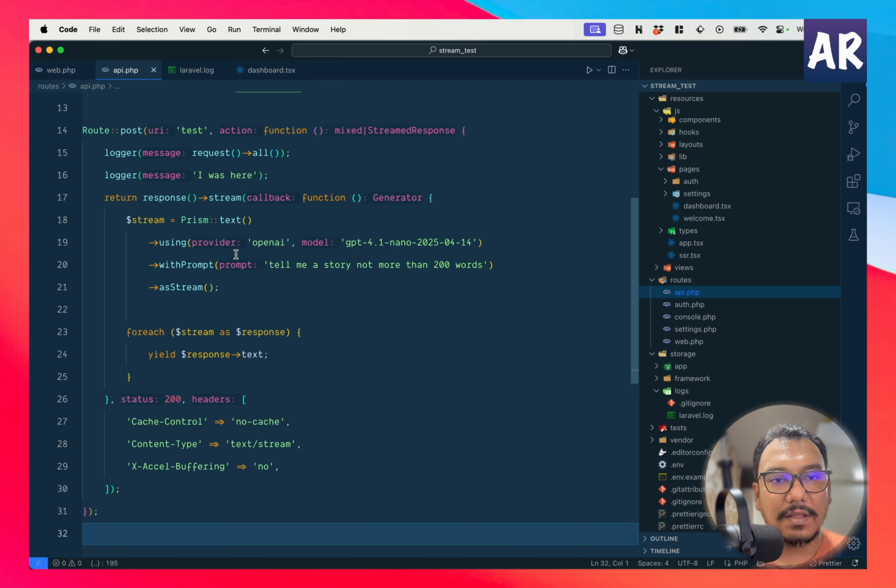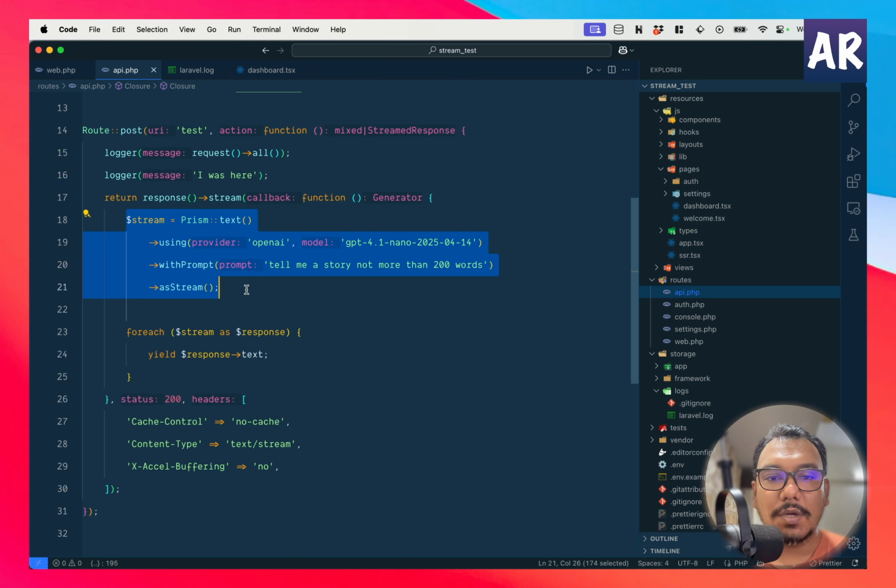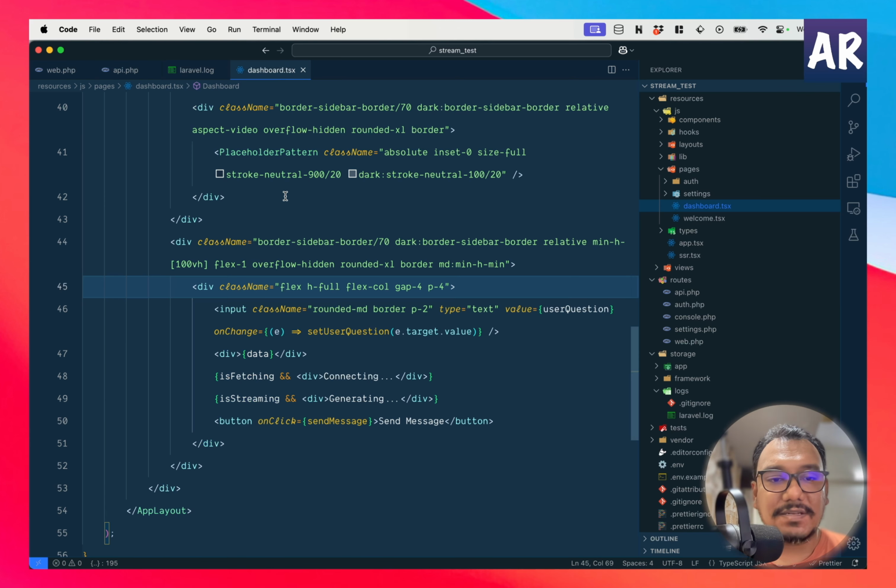And how do we do that? Well, this is the backend. I create a response stream. I'm using Prism to interact with the LLM, the OpenAI LLM. I'm using GPT 4.1 Nano, 250440. This is the version. This is my prompt. I'm saying it's going to be a stream, and then for each yield the response text. And these headers are required. On the front end,